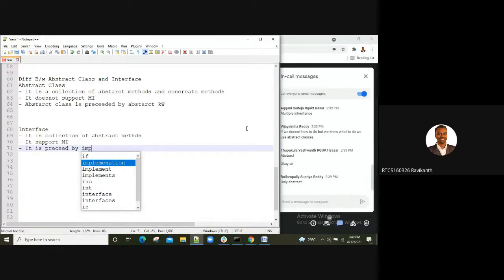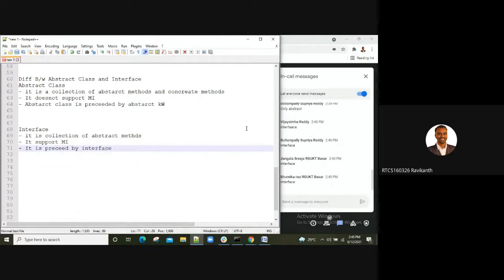Implements keyword? Or interface keyword? Or class keyword? Or abstract keyword? Yes, absolutely, the interface keyword. Sometimes people get confused and write implements.